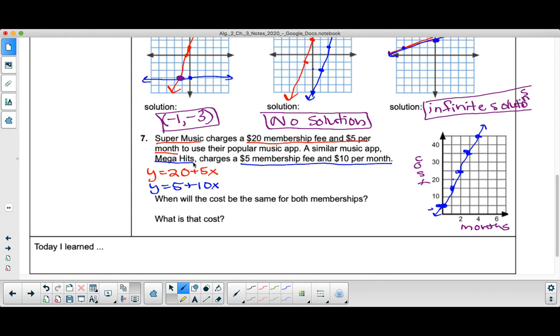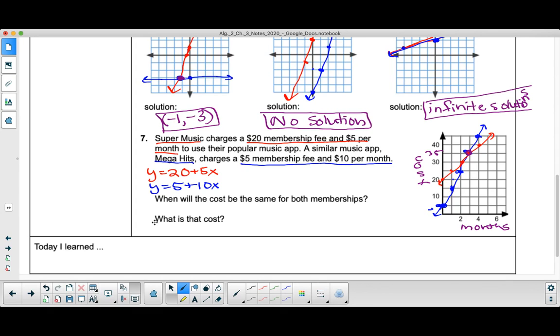All right, and then for Super Music, they start at $20, but now they're only going up $5 per month. So $5 for 1 month, $5 for 1 month, $5 for 1 month, up $5 over 1 month, like that. And you can see that those points overlapped right here, at 3 months and